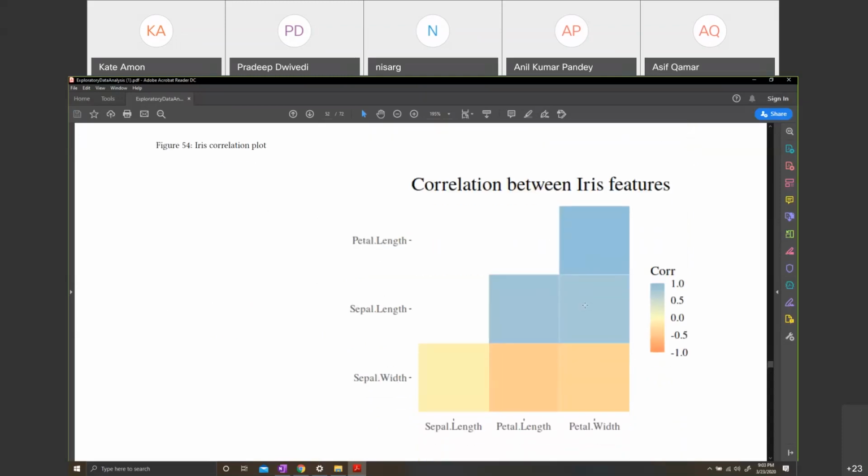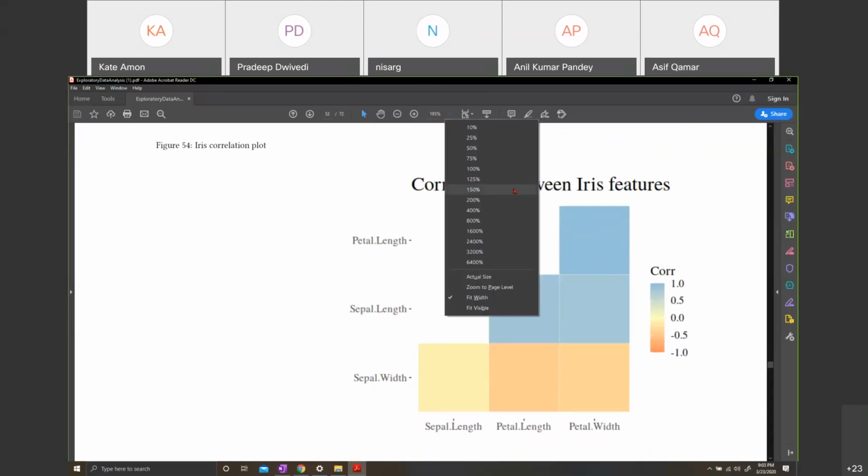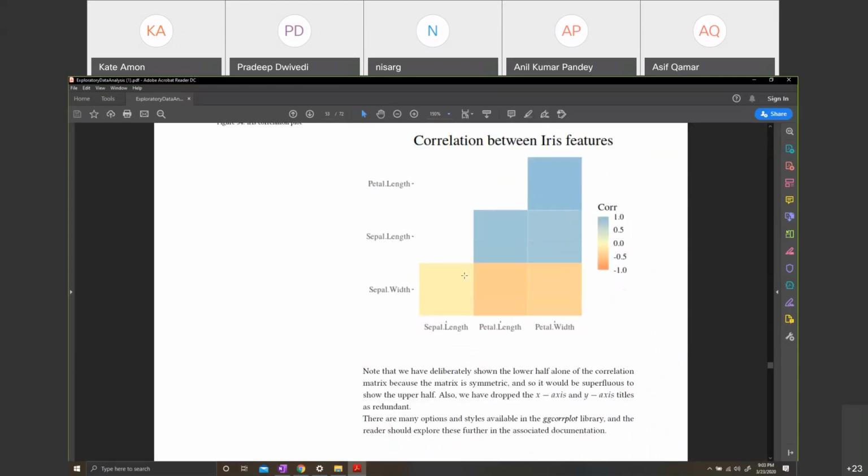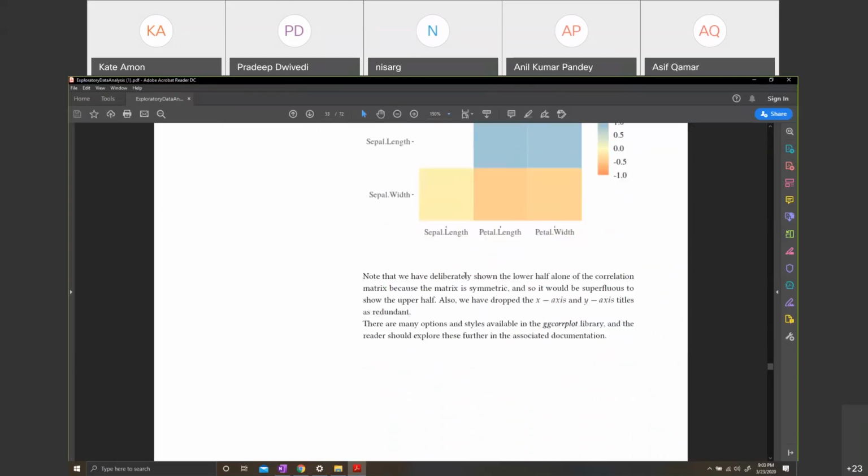Does that show for it, guys? Is this bigger font than the rest of the text here? Yes, Asif. Actually, I'll make it more like 150, I think. So this is how you make this.